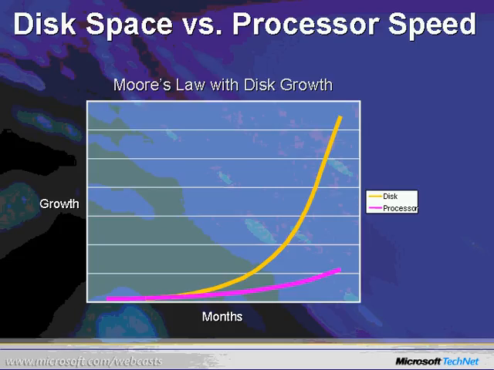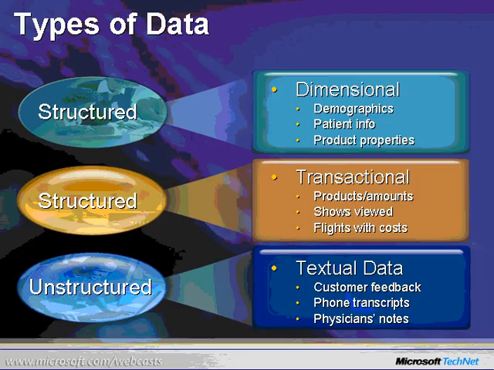You might remember, was it just a couple of years ago when a terabyte was a Tera server, these huge servers and this theoretical thing that people had in big data centers. Now I carry in my laptop a 500 gig. Actually, I have a couple of 500 gig external hard drives besides the couple of 100 gig hard drives I have internal. So I carry around a terabyte now with me in my laptop bag. It's just crazy how storage requirements have grown. I was working last night on one of those 500 gig hard drives, and it's full. Amazing. It's hard to tell where all this data is coming from.